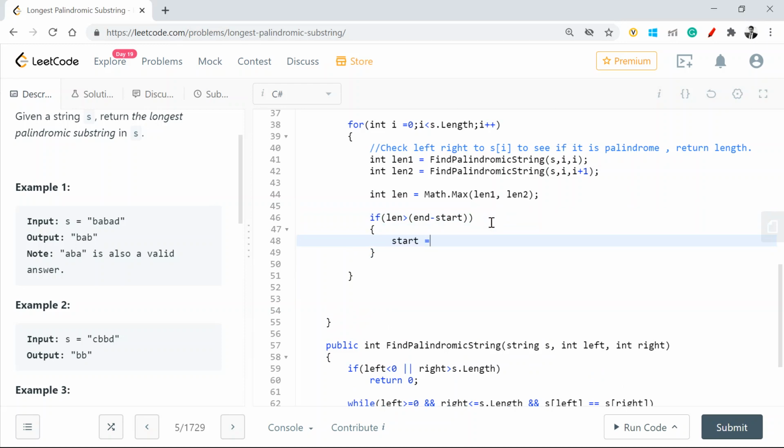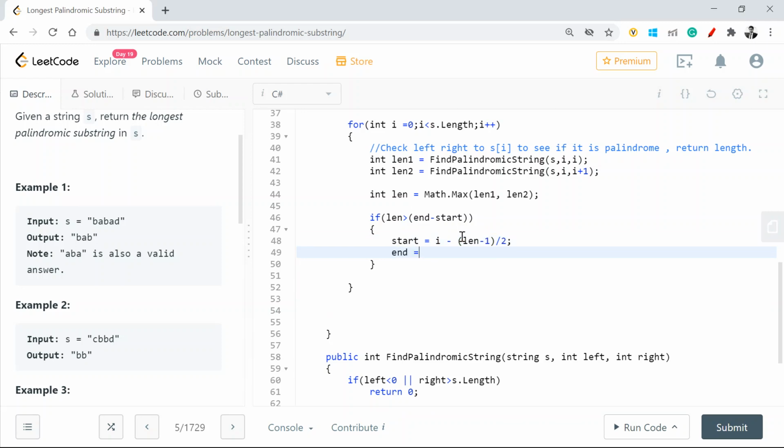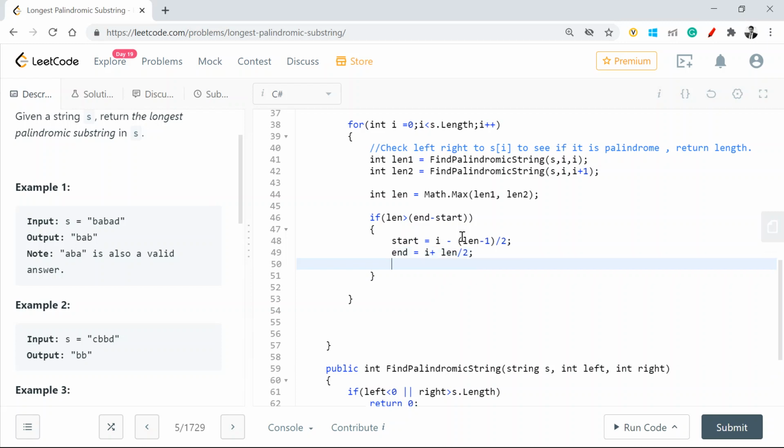Then my start with respect to this central point will be I minus (len minus 1) by 2, where I is my current position of the character. What will my end index be? That will be I plus len by 2, right? And my max length now will be equal to len.